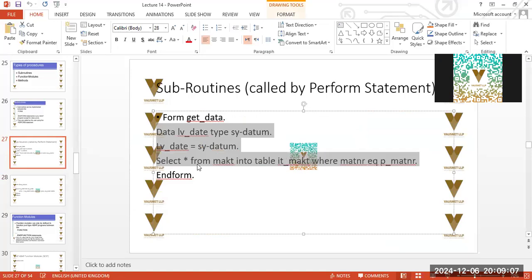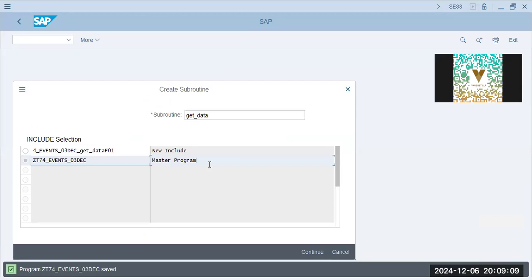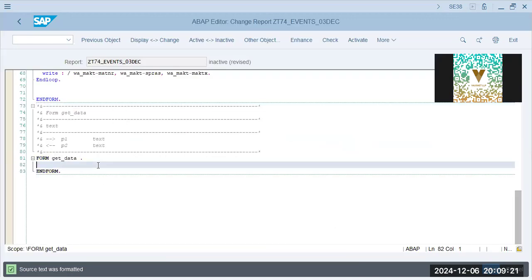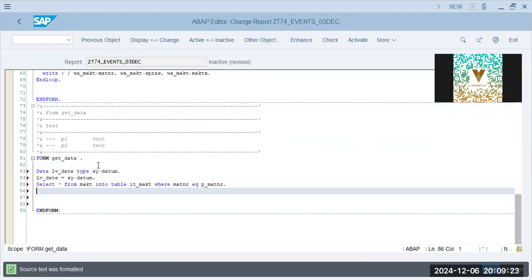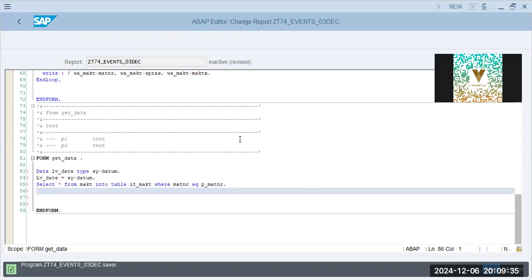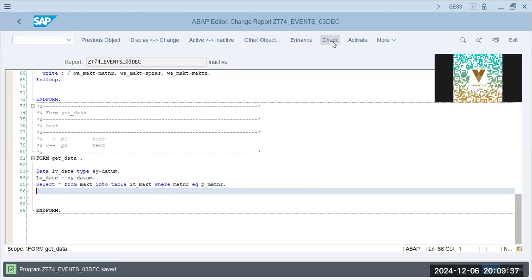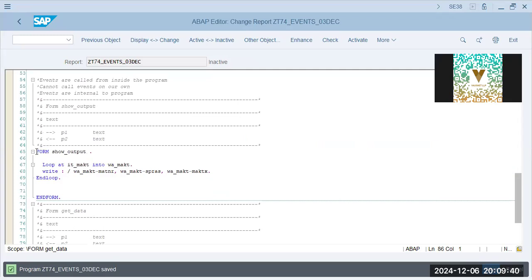It will reference the master program. Now, this will get included in this master program, which is events. So this is the include, the new concept of including new programs. It automatically gets populated whenever you double click it using the PERFORM keyword. Save, perform get data. And I want this show output to be